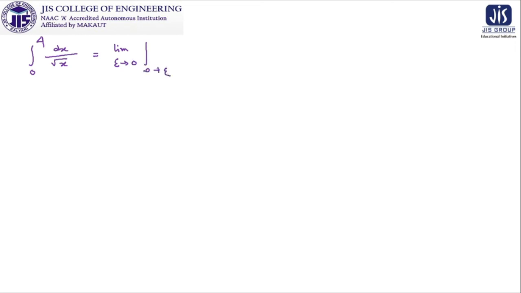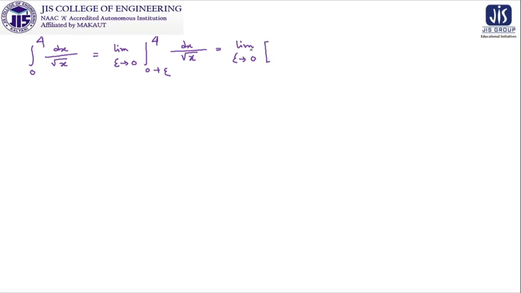It will be limit epsilon tends to 0, integration from 0 plus epsilon, as it is in the lower limit it will be plus. In the upper limit it was minus in the last problem, 0 to infinity. So 0 plus epsilon to 4, then dx by root over x. Okay, now we can write it as limit epsilon tends to 0,